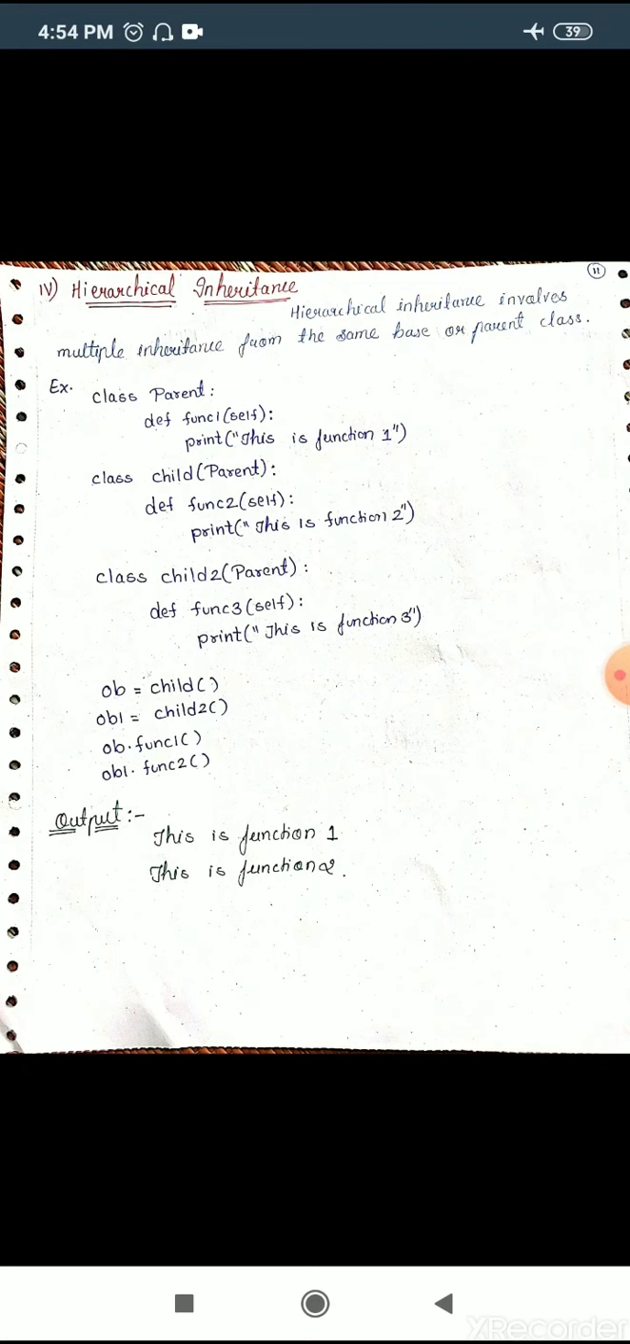So here I have created an object for both the classes, that is child and child2, that is OB and OB1 respectively. So I will be calling the function of either the parent class or the class itself. So it is going to give me the output. When my child class object is calling the function of the parent class, that is function1, it will print this is function1, and the other child is calling the function of